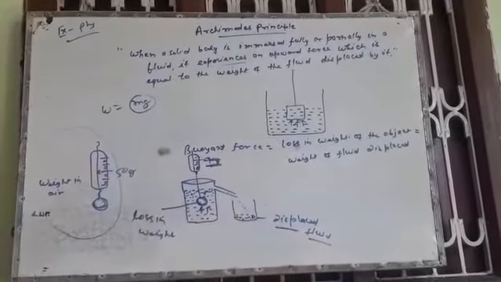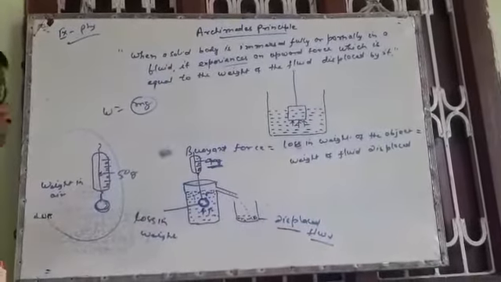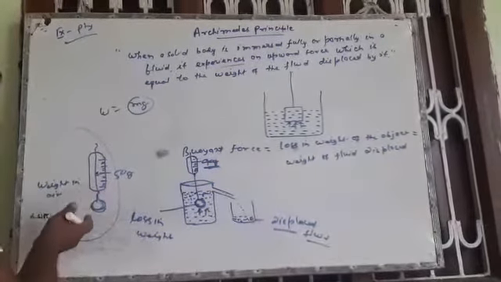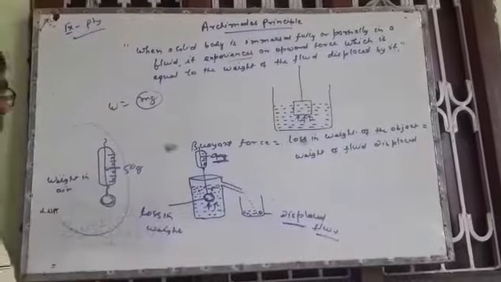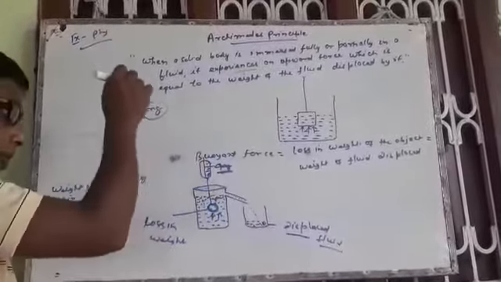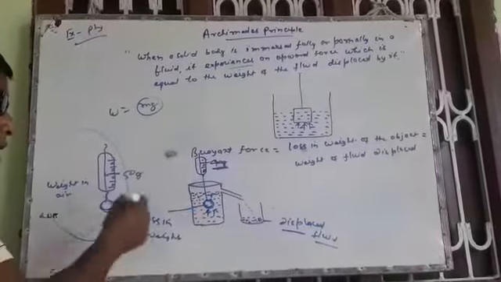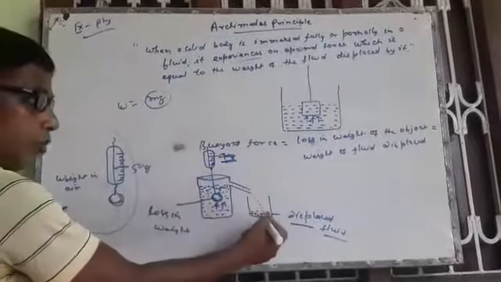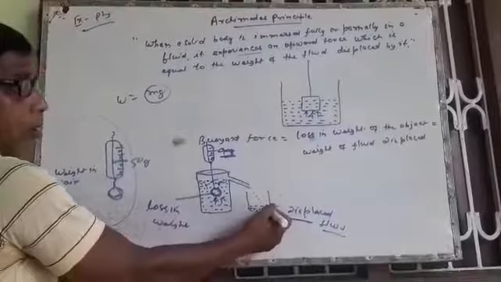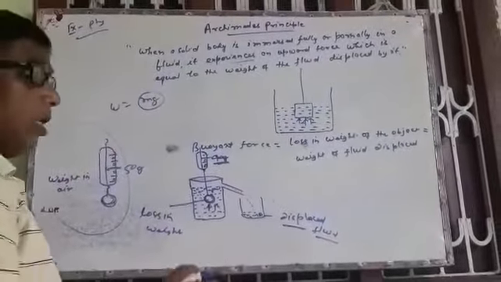So there is a question: how to verify Archimedes principle experimentally? Measure the weight in the air, and note down the reading of the spring balance. Now dip the solid completely in the overflow can containing water up to this level. Then see how much water is displaced. Again you measure the weight of this liquid or water. It is found both are the same.